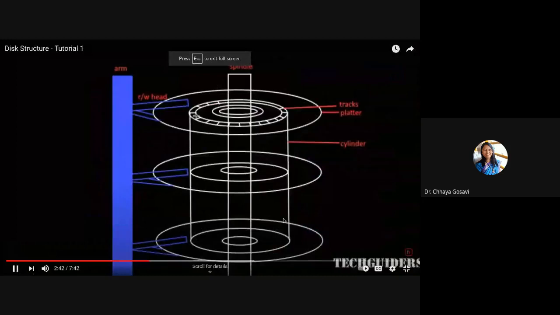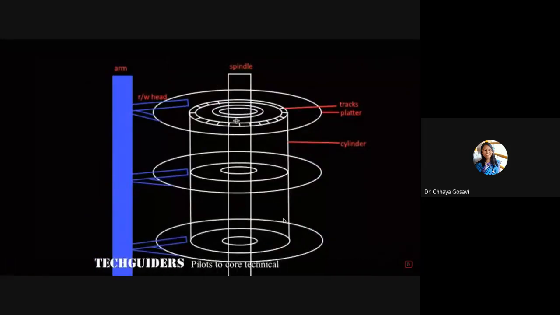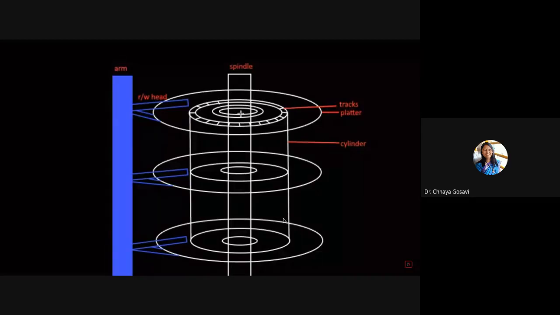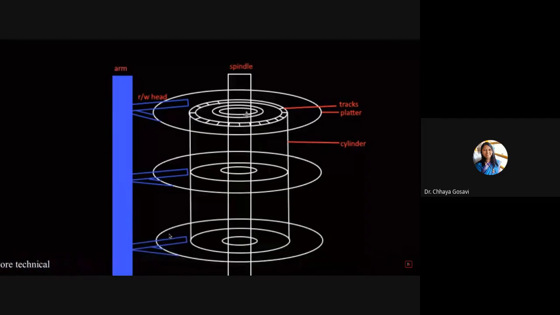Now we can see that the length of the outer tracks is higher than that of the inner tracks. But the number of sectors in each track is kept the same, and the bit density is kept lower in the outer tracks than the inner tracks. In other words, the bits are more densely arranged in the inner tracks than the outer tracks. Why?